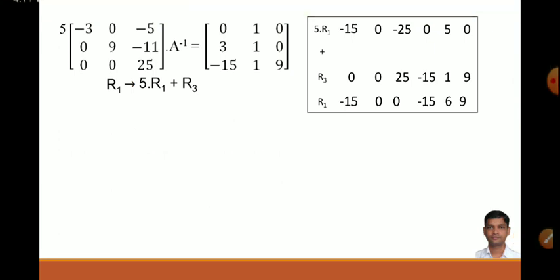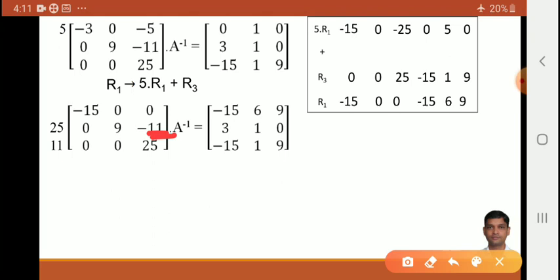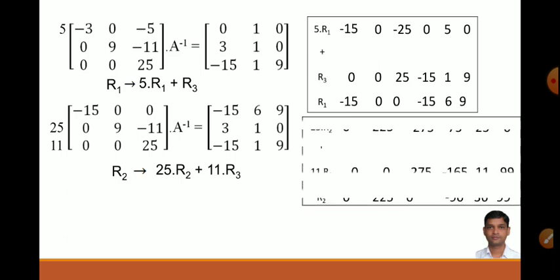So we will multiply R2 by 25. So 25 into 11, then the second row by 11. So 11 into 25, both become the same and the sign is minus, so they will get cancelled and you will get 0 there. Write, R2 is going to change now. So the transformation becomes R2 changes to 25 into R2 plus 11 into R3. The sign is already opposite. So do the calculations.